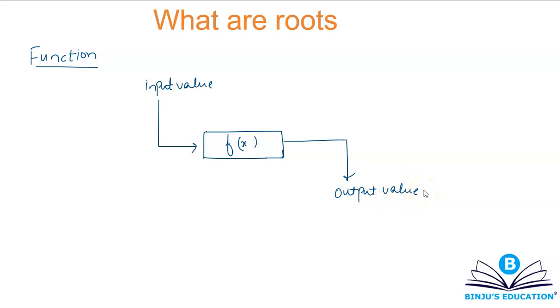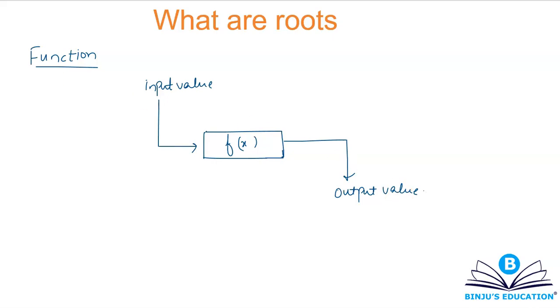You may have a linear function. A linear function is a function whose maximum degree of variable is 1. You may have a quadratic function, maximum degree is 2. You may have a cubic function, maximum degree is 3, and so on and so forth. You can also have a logarithmic function or trigonometric function. Whatever type of function you may have, every function has one simple role to perform: for the corresponding input values you have provided, you're going to get the output values. That's it. Nothing else is there.